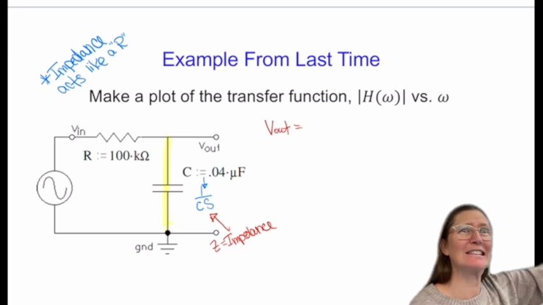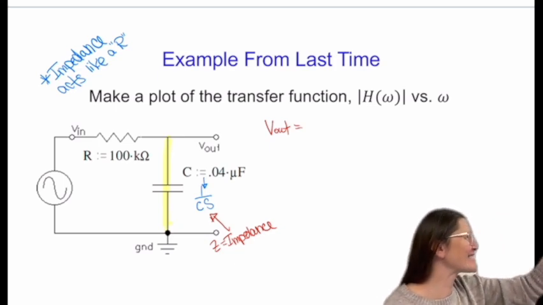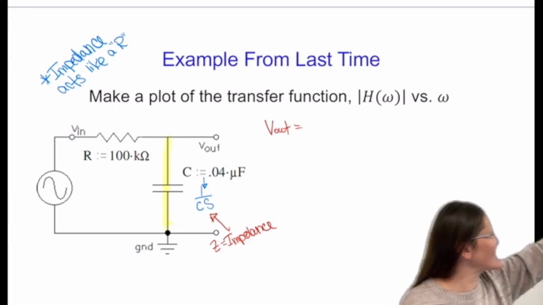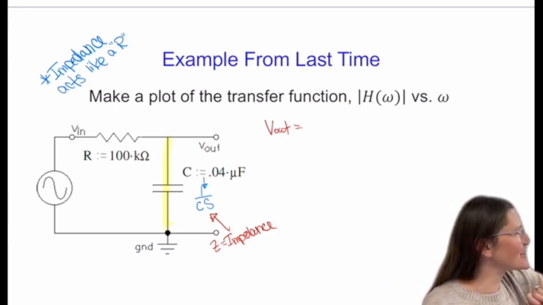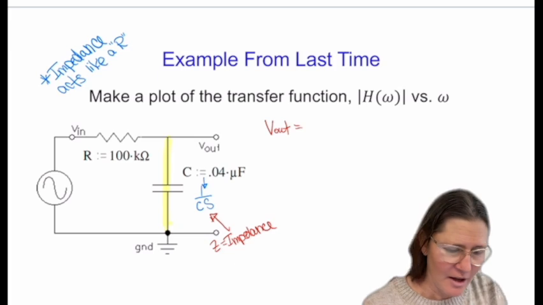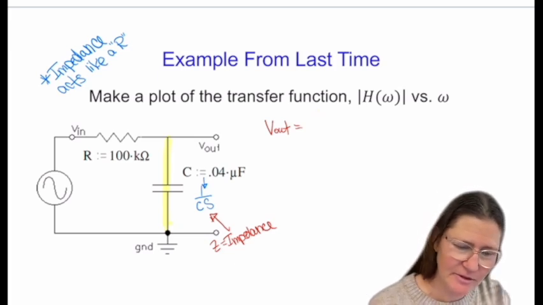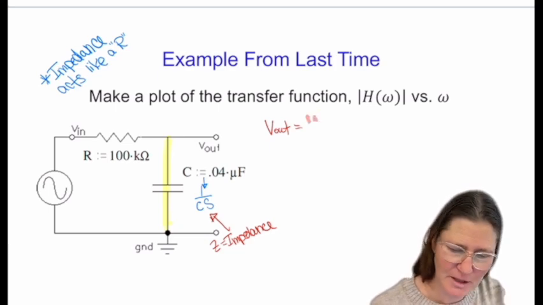I heard somebody say it. Starts with a D. Voltage divider. Thank you, yes, voltage divider. So we're dividing the voltage across each element, and we want the voltage across the capacitive element. So it would be Vin times,